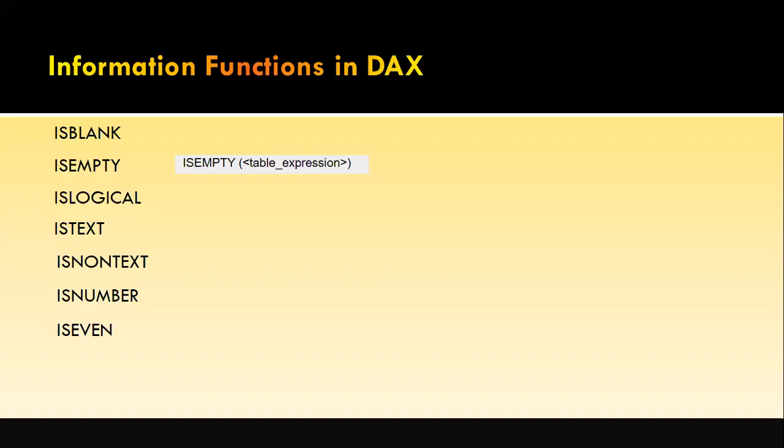Now what we will do is take a look at the information functions. We have something called ISBLANK, ISEMPTY, ISLOGICAL, ISTEXT, right? For example, you want to test programmatically whether a given column is a number data type or text data type, or whether the given column has any blank value in it. And that is the one we can see, ISEMPTY. See, ISBLANK and ISEMPTY, more or less it is the same,